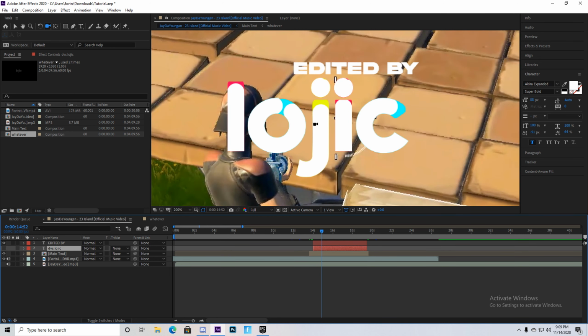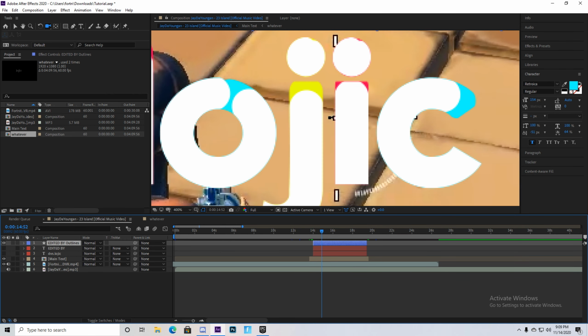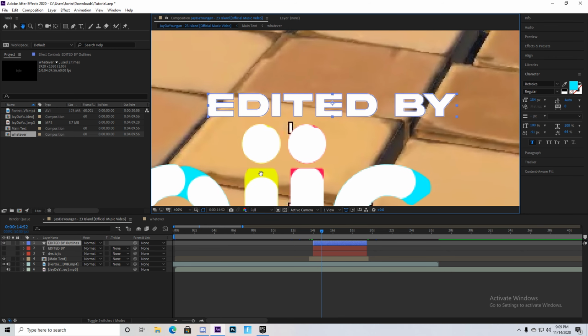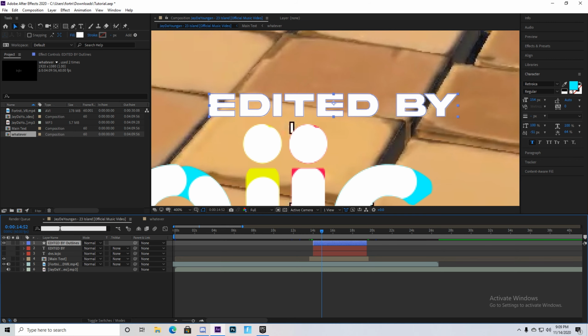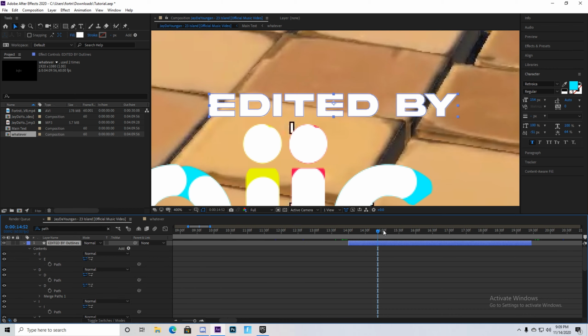Next, you can unhide your edit by text, and right click on it and go to create, create shapes from text. Now I'm just going to zoom in all the way onto my text, go above your layers where there's a little search bar, and type in path. And once you get to this, you'll see this,